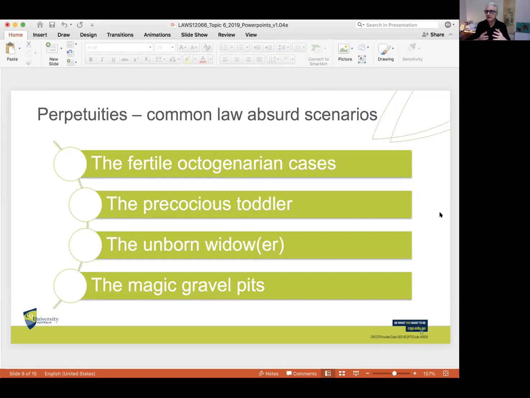Right, so now we have what's referred to as these absurd scenarios, and the absurd scenarios really are about situations that arose as a result of the strict application of the common law rule against perpetuities. These are referred to as the fertile octogenarian cases. Fertile octogenarians, beware. Precocious toddlers, as ever. Unborn widowers, and the magic gravel pits. Who would have ever thought that gravel pits had magic in them? But there you go. The other point here is that you can see these discussed in your casebook, page 671,